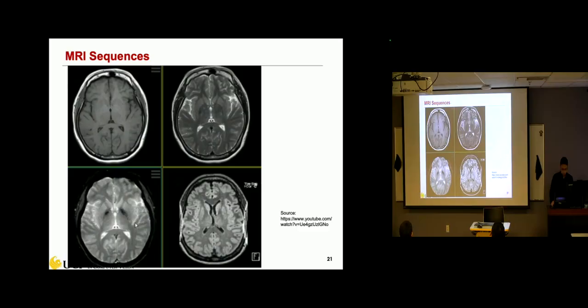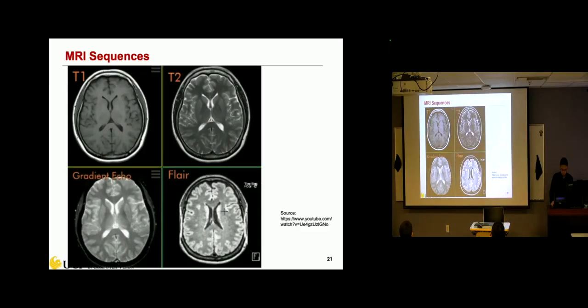Now this is probably the best sequence we have. This is a newer sequence, called a FLAIR sequence. The FLAIR is great because there's wonderful soft tissue contrast. On the T1 images, the ribbon-like gray matter around the edge and the white matter in the middle look really similar, with not much contrast. On the T2 weighted sequences, if we window that, it's a little bit better, but still not nearly as good as the FLAIR sequence. There's very good tissue contrast in the FLAIR. The gray matter looks like a ribbon around the outside and is really easily distinguished from the white matter centrally.